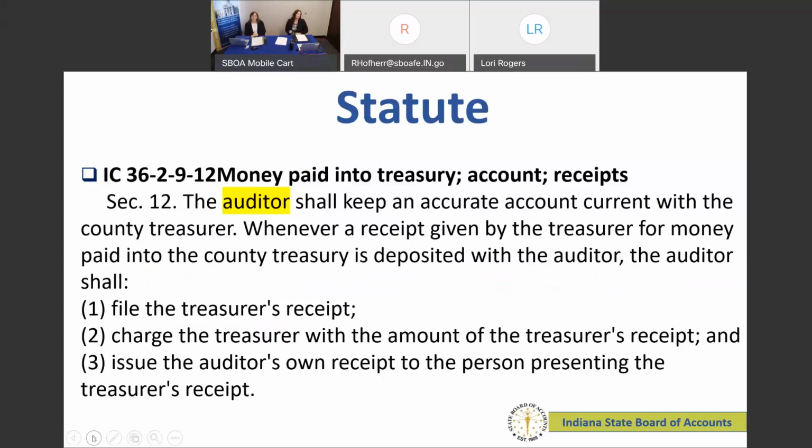So I put this one in here because this one talks about where the auditor shall keep an accurate account current with the county treasurer, okay? So you have your ledger, you're posting your receipts, you're posting your disbursements to the official ledger of the county. But here is where the statute is that sets up that, hey, you're to keep this account, but you're also to keep it current with the treasurer. Well, in order to do that,